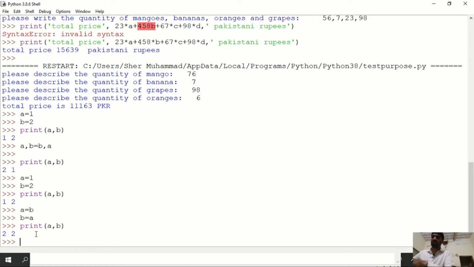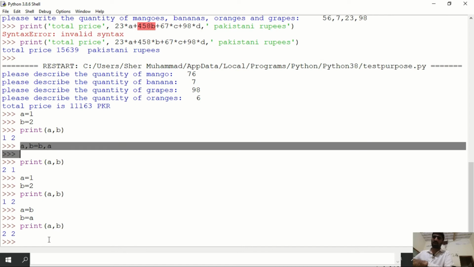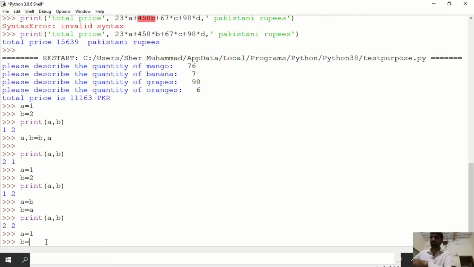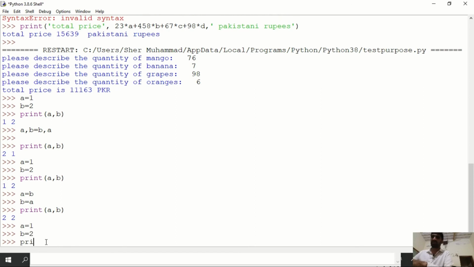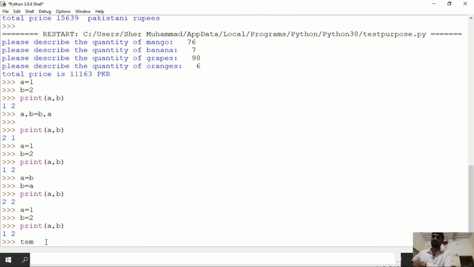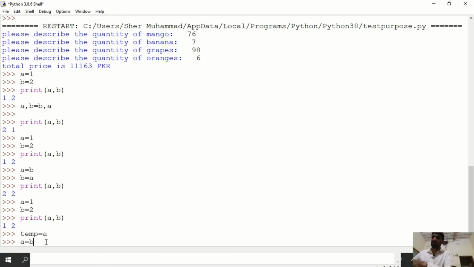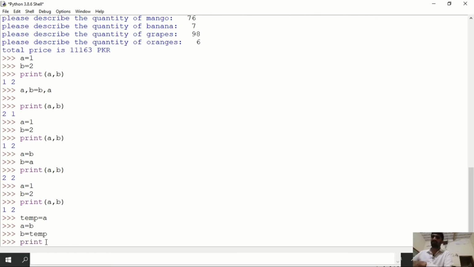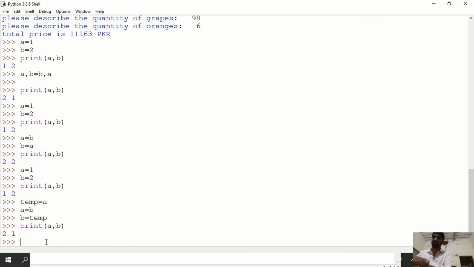But if you use this technique or a temporary variable, I say temporary has the value of a, a equal to b, and b equal to temporary, and then simply print a comma b.